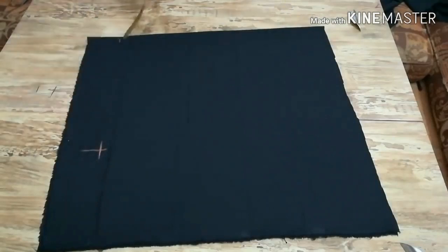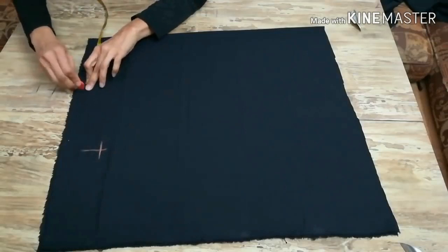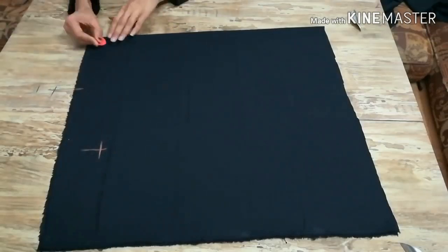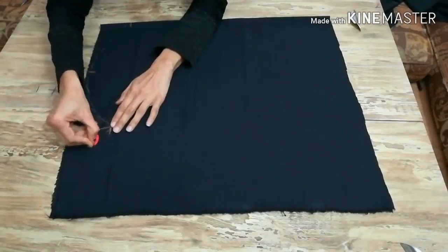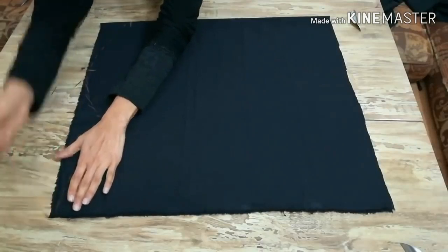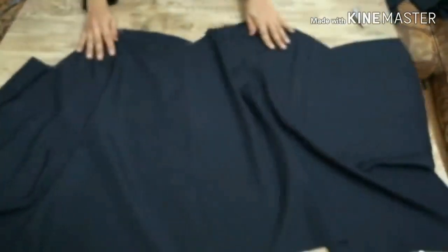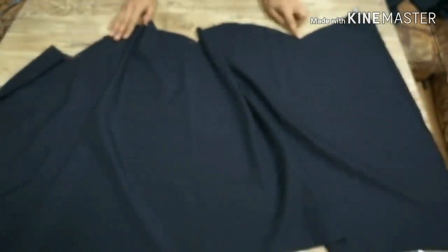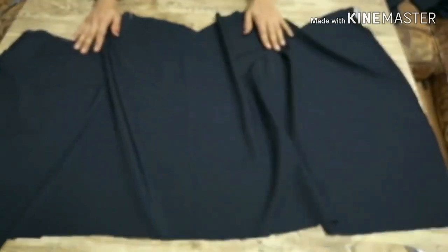Now we'll make a round shape at the first part. I'm marking at the center of this part just for reference to make a perfect round shape like this. And then join this point to the end. It is the half part. Now we'll cut at this line like this, and when we'll open it, we'll get the shape of the bottom. You can cut this shape randomly without any measurement, but it is better to mark first so to get the